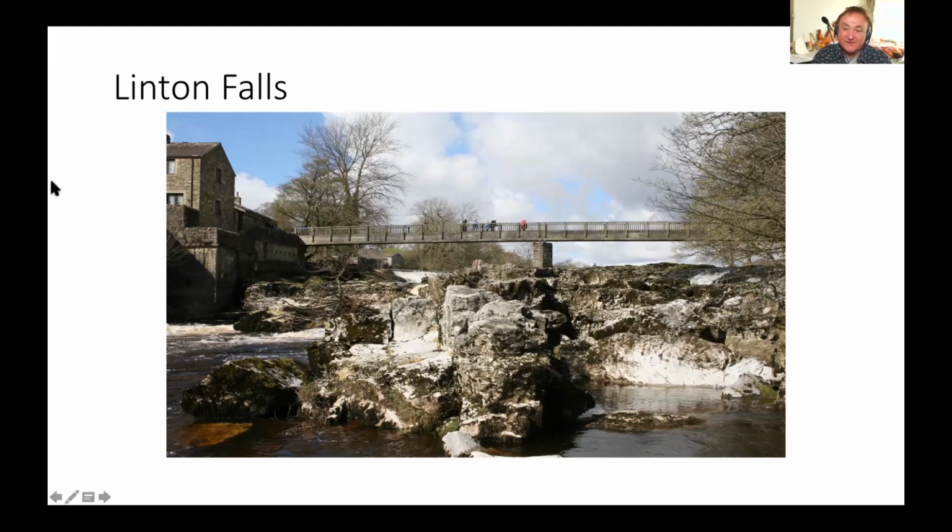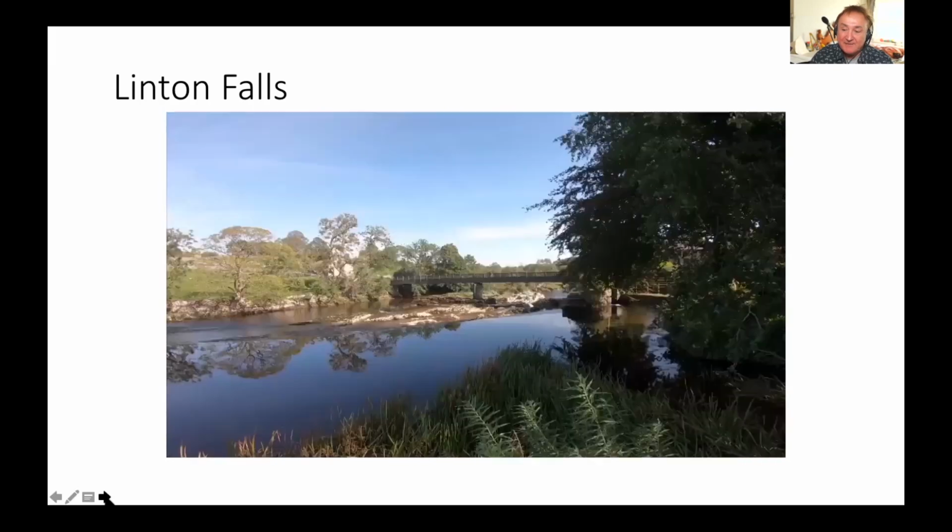The bridge, you'll see it on the film as well. The bridge here was erected so that the textile workers from the Grassington side could come to the mill on this side. So that's really the whole reason behind it. But this is a much newer bridge than that one. The mill workers came down,